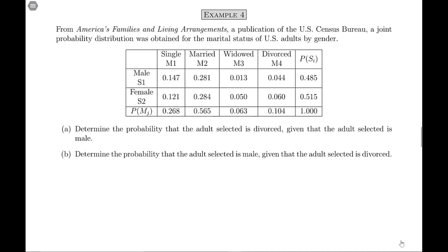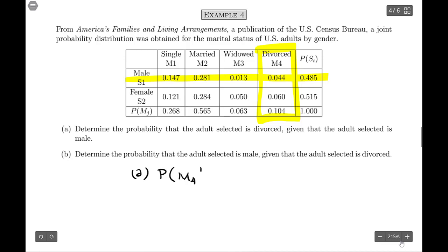And then we have the probabilities over here on the right, and we also have probabilities across the bottom. What we want to do is, for part A, determine the probability that the adult selected is divorced given that they are a male. So first, let's consider we're given that the person is male. We want to find the probability that they are divorced given that they are a male. So the way we would figure that out, using the notation that I've put there underneath the names,